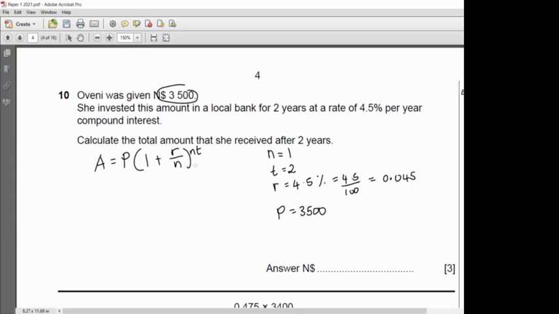So now I have everything I need. It's just a matter of substituting into my formula. So my P, this is 3,500. And I have 1. What is my R? 0.045. And then my N is 1 dividing by 1. Whether I write that or not doesn't really make a difference. And I have 1 times 2. And we know that 1 times 2 is just equal to 2. Okay, so this you would just type in on your calculator exactly the way I have it, and this should give you